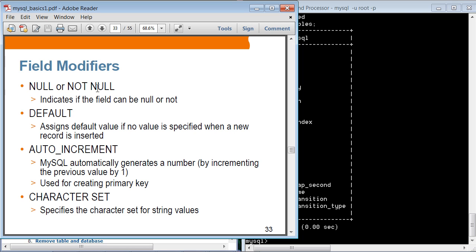Modifiers. You can set your field to be either not null or null. Okay, so if you set it not null, then it cannot be null. So if you have that field as null, then it's one of the exception that you will experience. The default, you can set the default value. So if no value is specified, then default value will be used. Auto increment, MySQL auto increment, in this case, if you set your field to be auto increment, then MySQL automatically generates a number by incrementing the previous value by 1. And this is typically used for creating